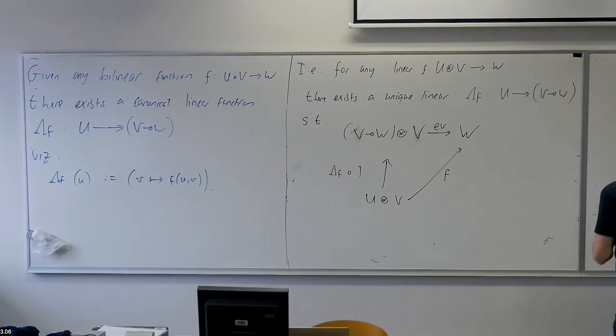Right, so the general category theoretic definition is a category with monoidal structure